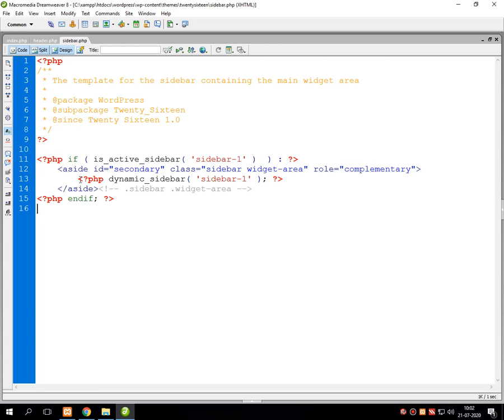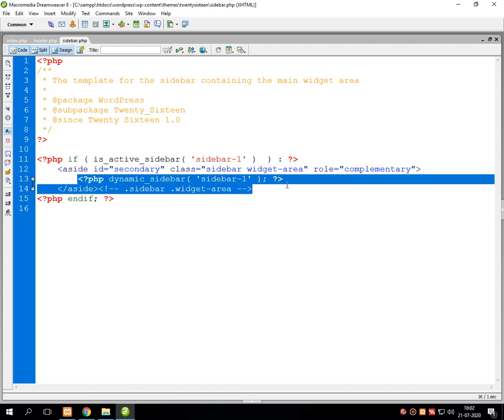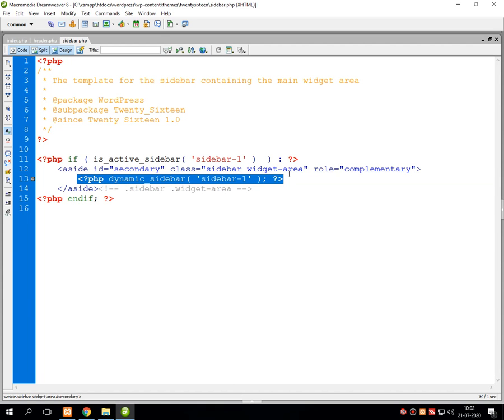Now it might be possible that in the theme on the right hand side, which is the part of the sidebar, there might be dynamic sidebars. Dynamic sidebar means these are the sidebars which might be visible for a fraction of time and become invisible once the work gets completed. It is just like showing a pop-up whenever a message comes from the admin side.